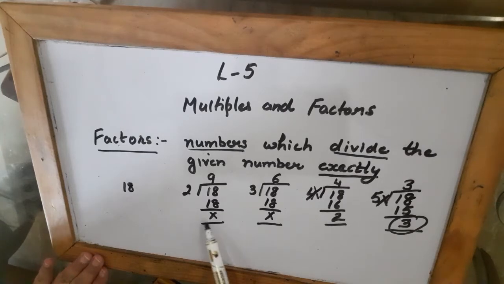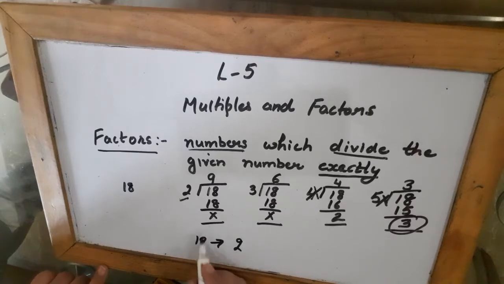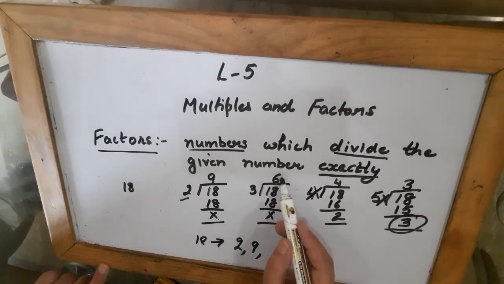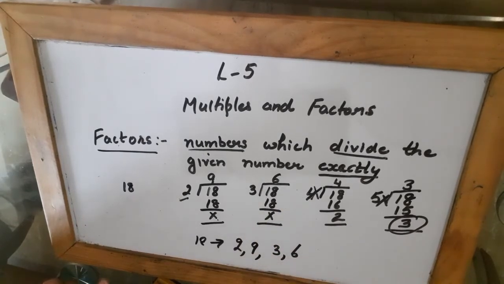So as you can see from this, which can be the factors of 18? The numbers which divide 18 exactly. So which are those numbers? Those numbers are 2. So 2 divides 18 exactly, and 2 nines are 18, and also 9 twos are 18. So both these are factors of 18. Both of them divide 18 exactly. Now look at this, 3 sixes are 18 and 6 threes are 18. So both these are factors of 18. So all these numbers which divide 18 exactly are the factors of 18.